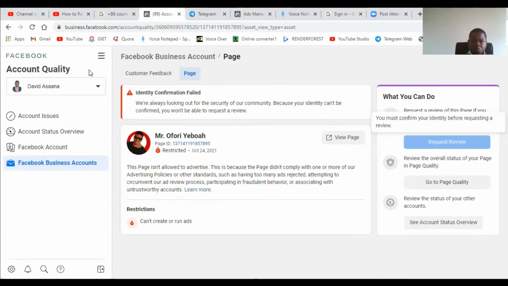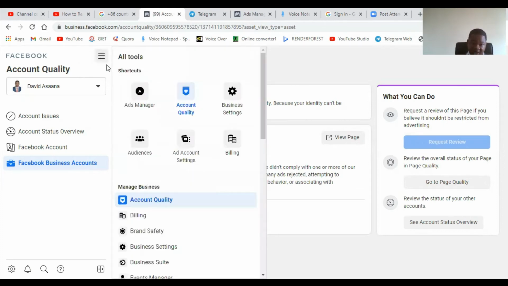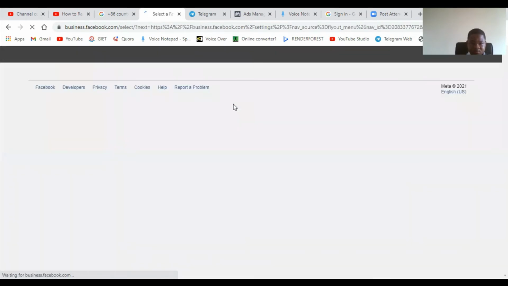Okay, so if you come here, and as I said, if it is your ad account disabled and you are not able to reinstate it, it's not a big deal. You just come to this one, you click on business manager. If it is an ad account disabled and you want to create a new ad account, you click on these three lines. Then you come to business manager settings, under business manager,